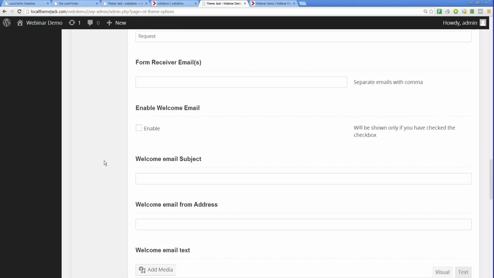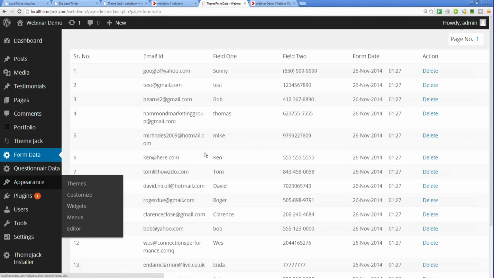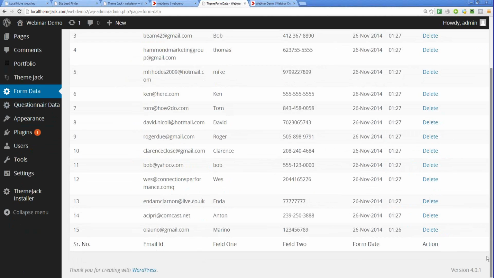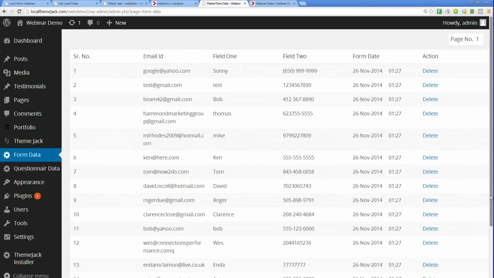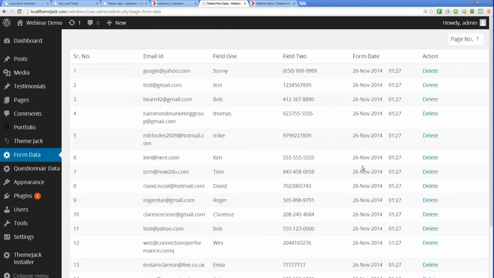Okay, so a couple of people already submitted the form. So now if I click on form data, wow, thank you guys. You see this? You see people filling out the form, field 1, field 2, form data. You can see how powerful this is, that you can see how many people downloaded this, and if you send an autoresponder, but I haven't done yet,